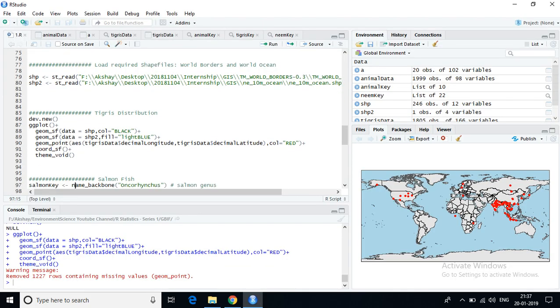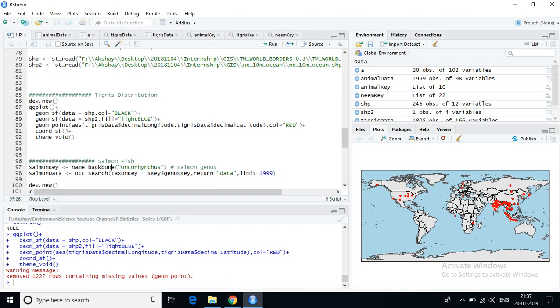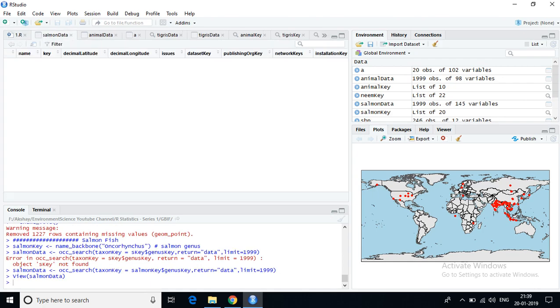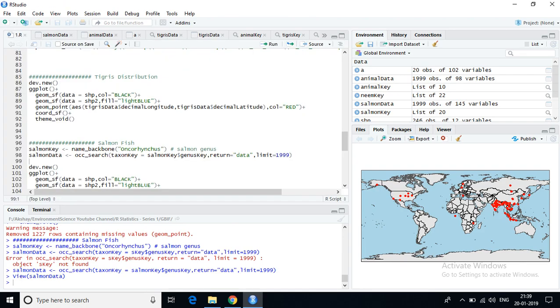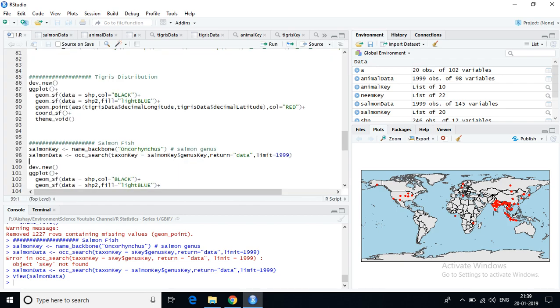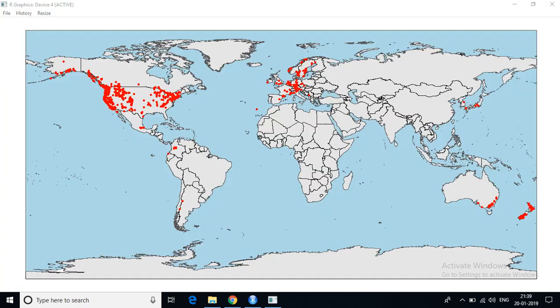Further, we can also access specific species based on genus name. This is the genus for salmon fish. If we execute this command, these are all the observations for the Oncorhynchus genus, which is salmon. The species might vary, but the genus is the same. You can plot this as well. All the observations near land or on land are available,